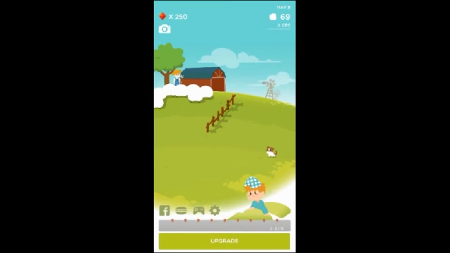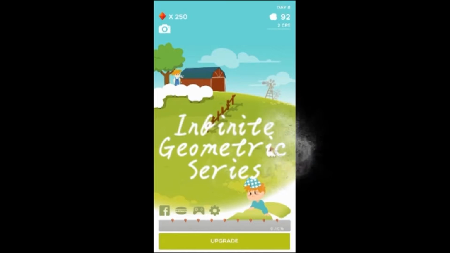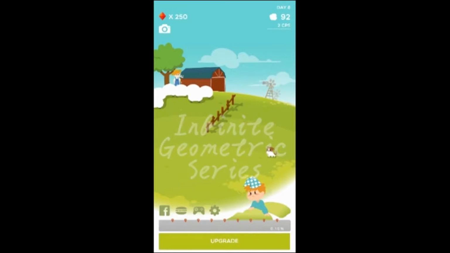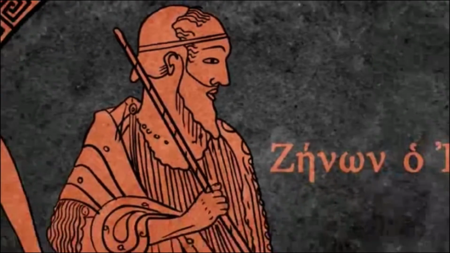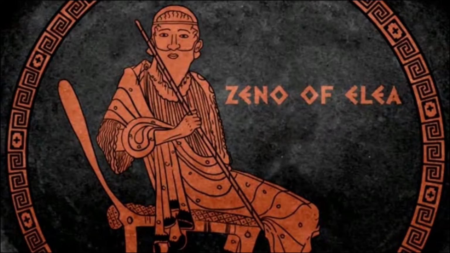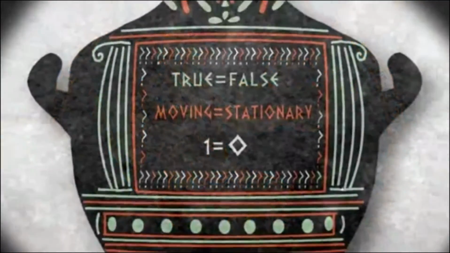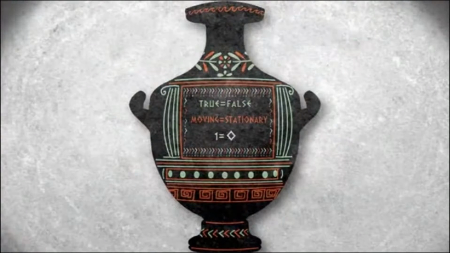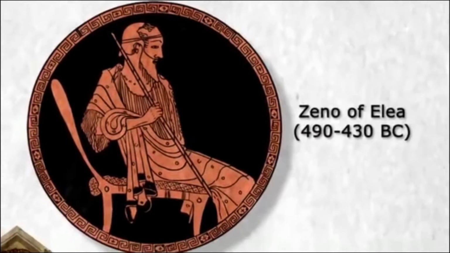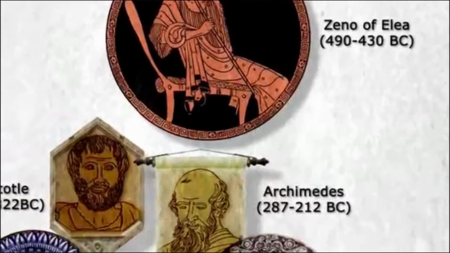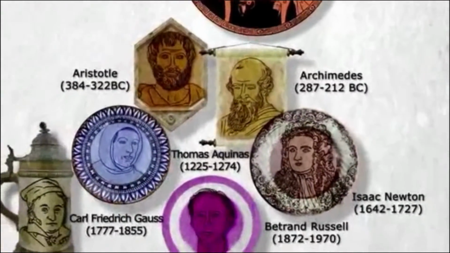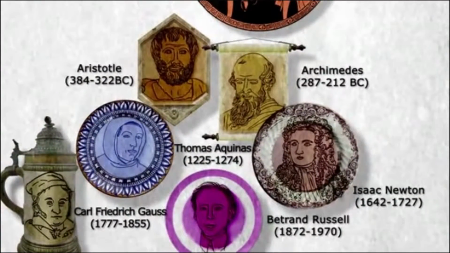So our topic today is infinite geometric series. An example which is called Zeno's Dichotomy Paradox. This is Zeno of Elea, an ancient Greek philosopher famous for inventing a number of paradoxes, arguments that seem logical but whose conclusion is absurd or contradictory. For more than 2,000 years, Zeno's mind-bending riddles have inspired mathematicians and philosophers to better understand the nature of infinity.